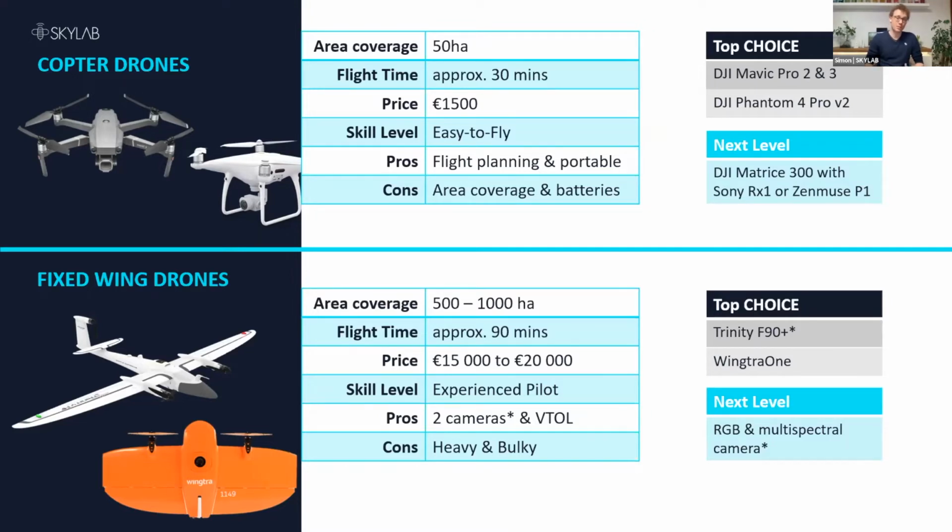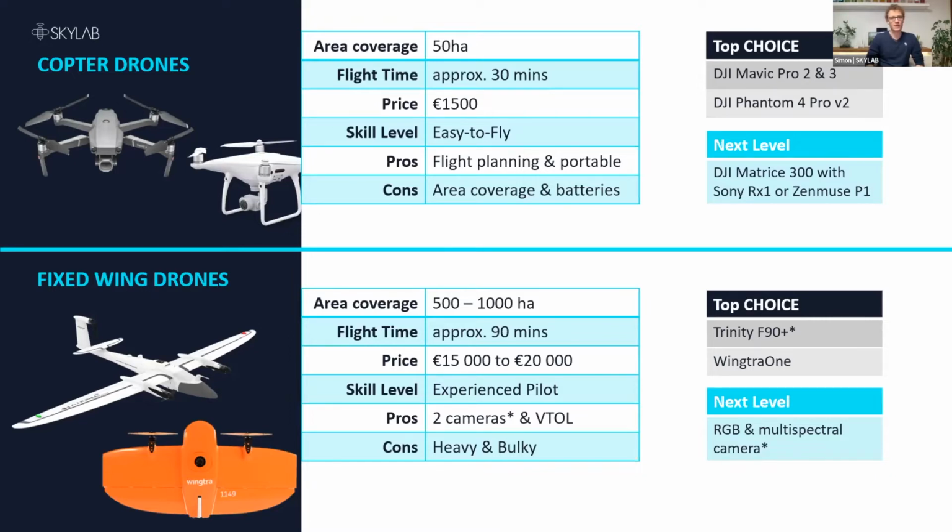If you want to map more, you have to change the batteries. That's not a problem, but of course, if the areas are getting larger and larger, it's not really convenient. The pros, however, are that it's quite inexpensive, and it's really easy to fly. It's ready to fly out of the box. You don't really need much experience to fly that. And it's really, really portable.